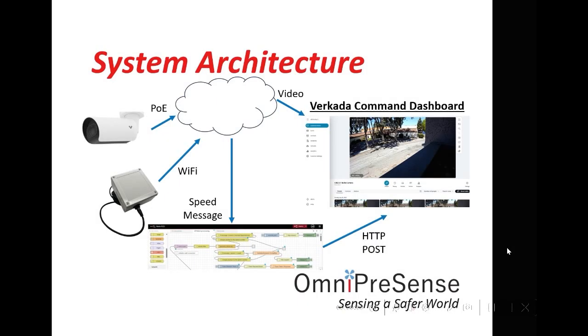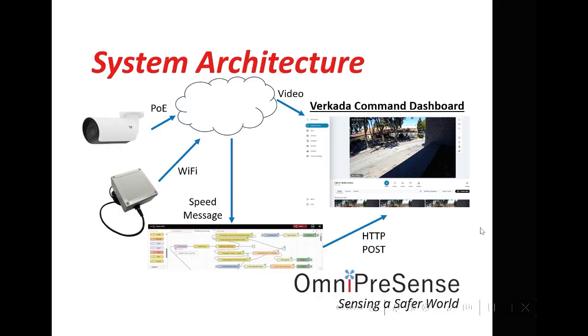The architecture of the system consists of an OPS9243-A and Verkada LPR camera mounted with a view of a roadway. The Verkada camera sends its video data over PoE to the command dashboard. OPS9243-A sends speed data via Wi-Fi over MQTT to the cloud. These messages are received by a Node-RED dashboard, which reformats the messages with the appropriate IDs and tokens for receipt